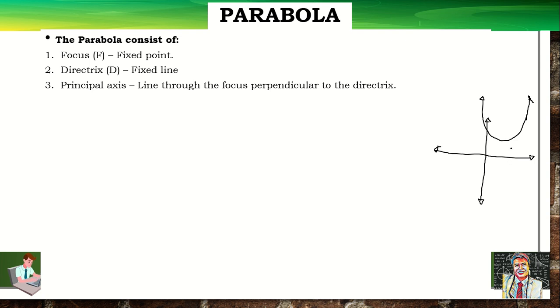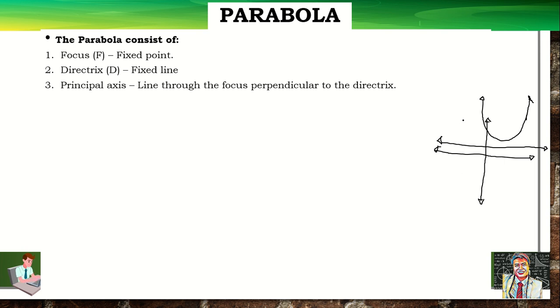Kung ito yung parabola, meron somewhere dito na directrix. Kung opens upward or downward yung given parabola, ang directrix mo ay horizontal line. Pero kung ang given parabola ay opens to the right or opens to the left, ang directrix mo ay vertical